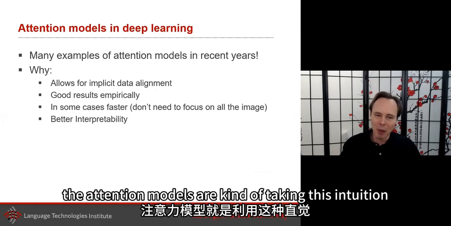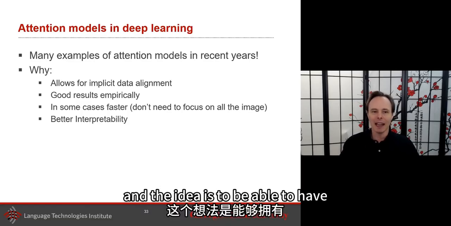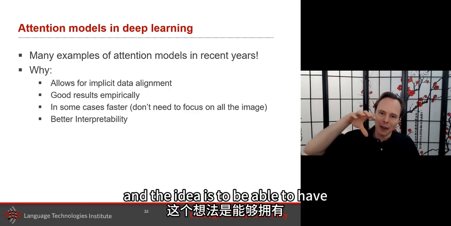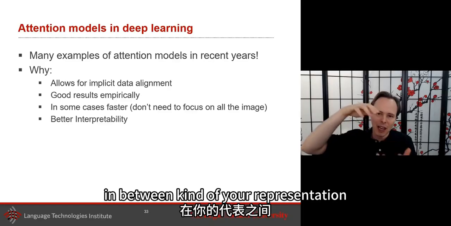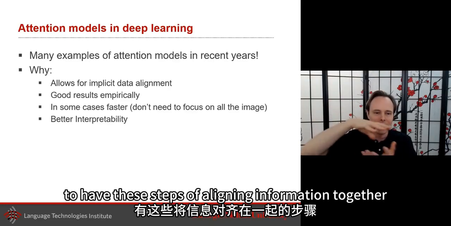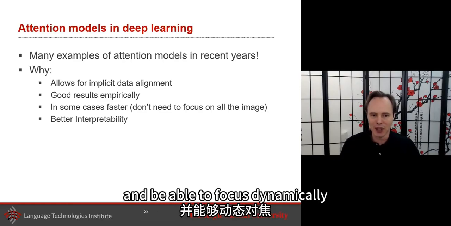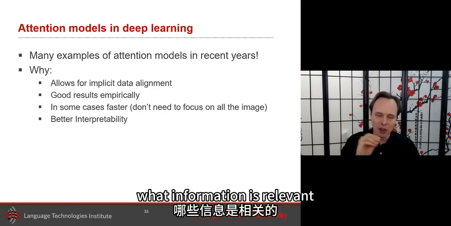So attention models are taking this intuition and expanding it. The idea is to have, in between your representation learning and your task, like your loss, these steps of aligning information together and focusing dynamically on what information is relevant